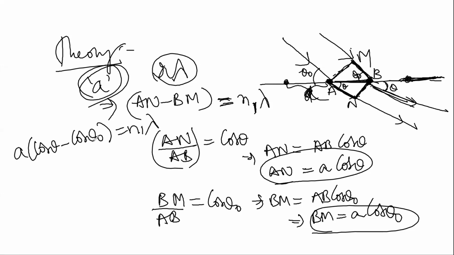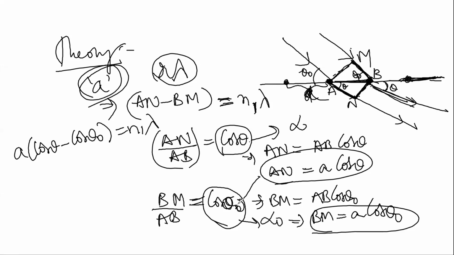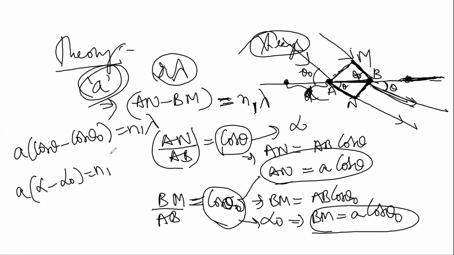We know that it is usual, no? Cos theta and cos theta naught are directional cosines. If you remember, they are directional cosines. So I can take some small angle as alpha here and a small angle alpha naught as directional cosines of incident X-rays. These are the incident X-rays coming in, right? So I'll write here alpha minus alpha naught is equal to N1 lambda. This is only for a one dimensional array of atoms that I am considering.